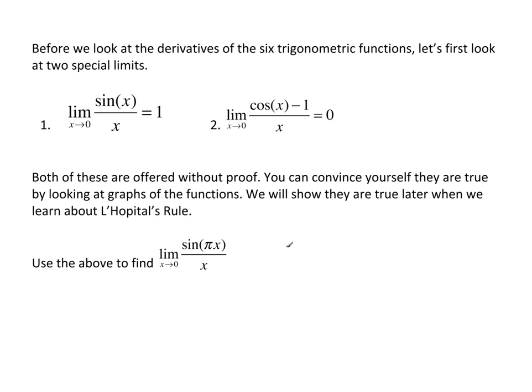Now, I'm not going to prove these special limits. There's probably a proof in your book somewhere, and actually we'll come back and prove these when we move on a little bit further and learn what's called L'Hopital's rule, and then the proof for these becomes extremely simplistic and straightforward. The proof in your book, if it's in there, is probably going to be more geometric and a little bit more confusing. So the first one is the limit as x goes to 0 of sine x over x